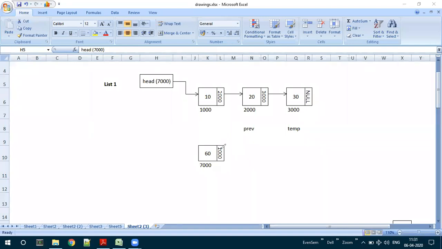First step is that we need to update this particular link field with whatever the head was containing earlier. Head was containing 1000, that 1000 we have added over here. Once this is added, the memory address of this newly created node has to be updated in the head part. So the link is established from the head node to the new node and the new node to its existing previous nodes.